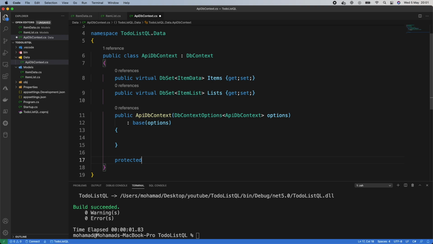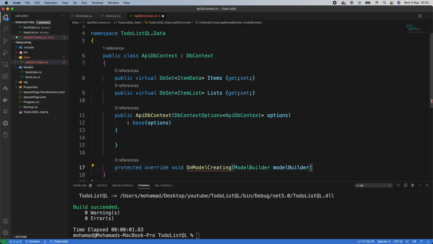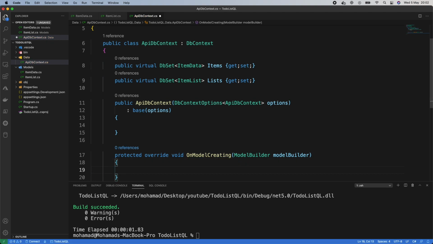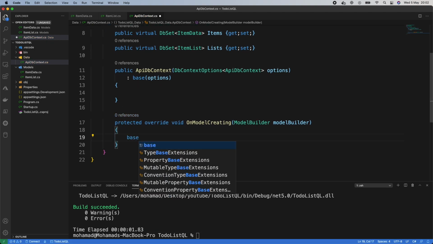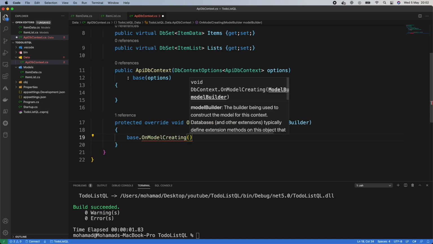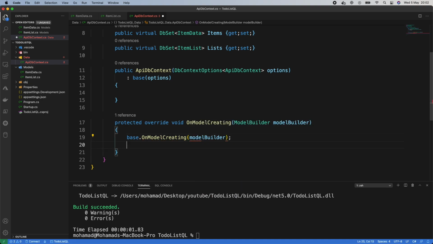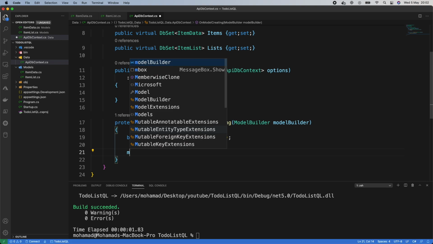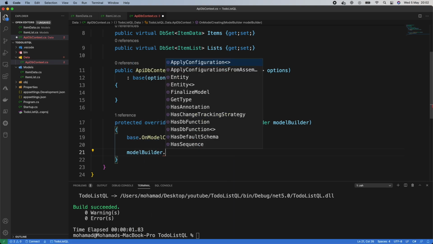So protected override void OnModelCreating, ModelBuilder. Great. And basically in order for us to utilize this, the first thing we need to do is put base.OnModelCreating. Basically we need to send back the model builder to the base class, and once we have done that, now we can actually utilize the model builder in order for us to map the tables together instead of relying on entity framework. So modelBuilder.Entity